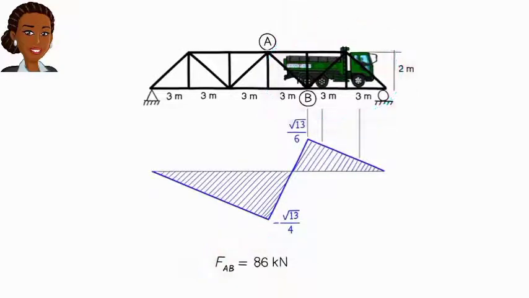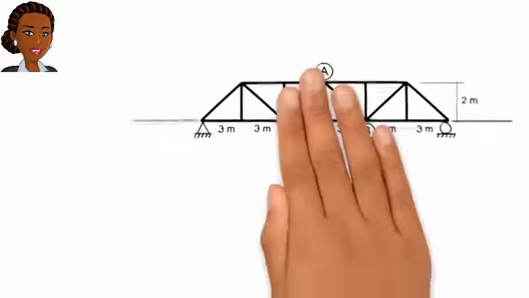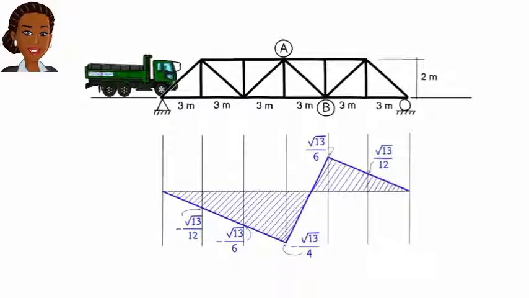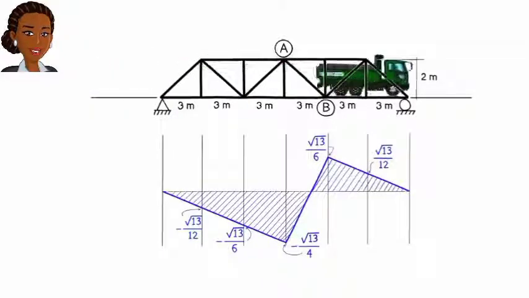In summary, when we have a moving load series acting on a truss structure, we need to investigate all the loading scenarios that potentially could produce the largest axial force in the member under consideration. This means we need to move the load series in both directions, up and down the bridge, in search of the